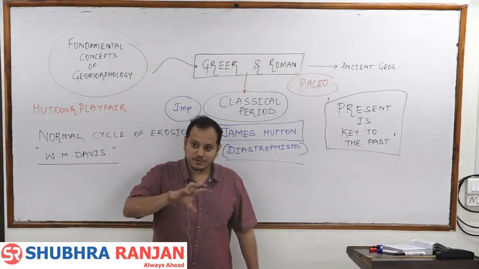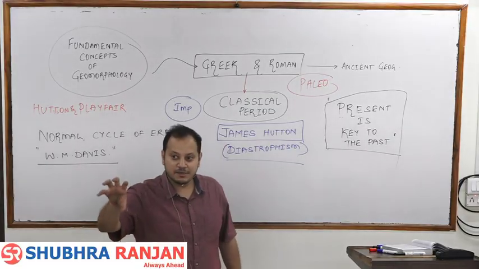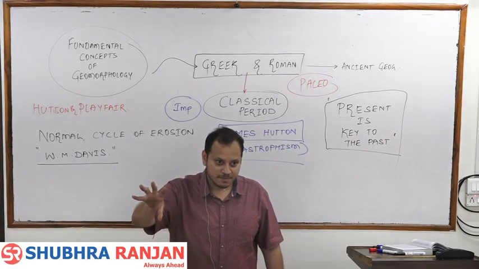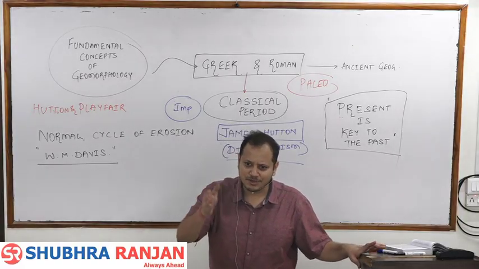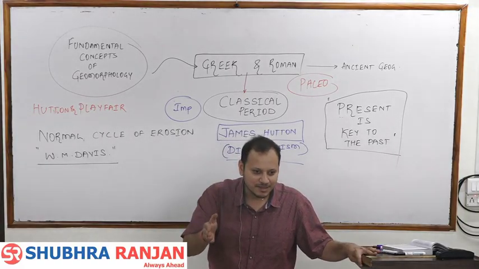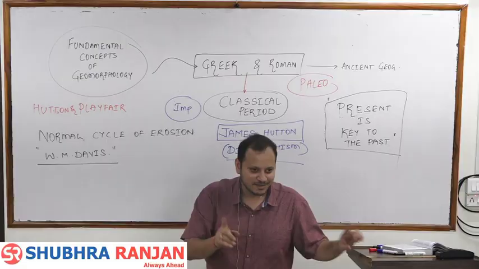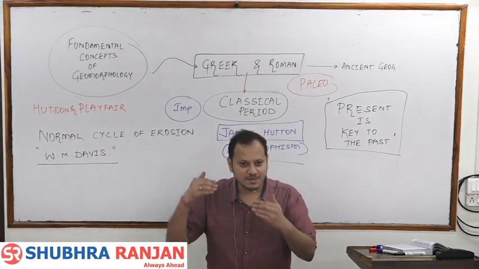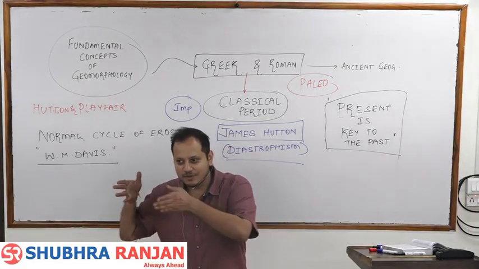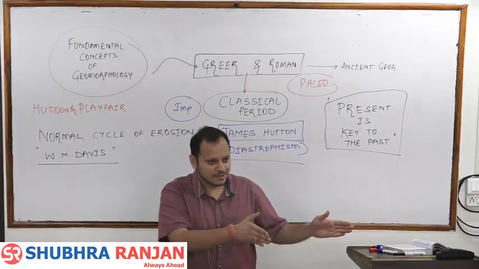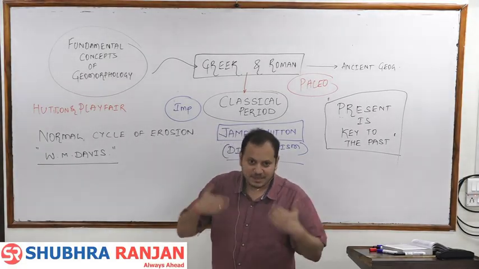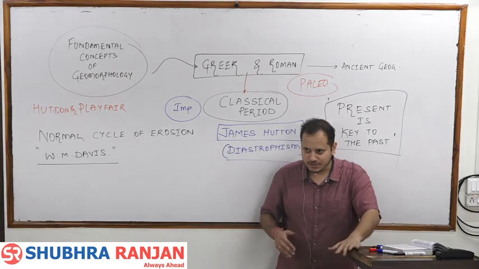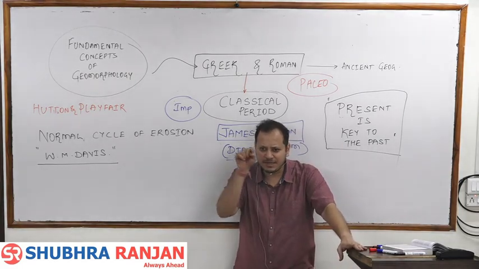So quantitative revolution gave a distinct identity to geography, that it is a science. आज भी geography suffers. किसी universities में इंडिया में there is MA geography, किसी universities in India have MSc geography. Getting it? The difference is we are not very sure whether it is a science or whether it is a humanities. But still we are studying this because there is a quantitative revolution, and quantitative revolution said that geography